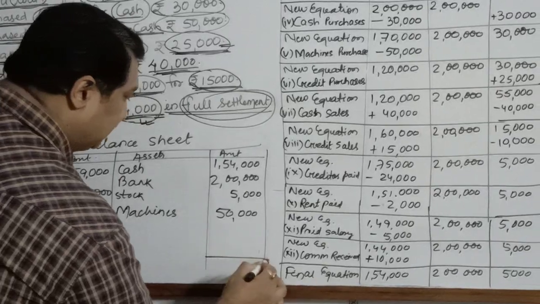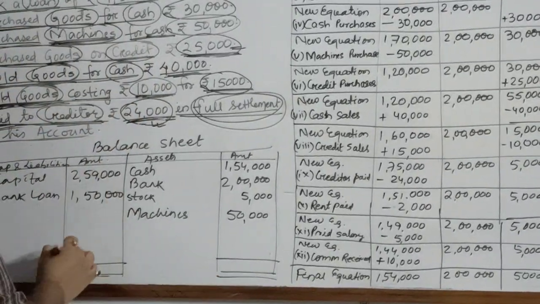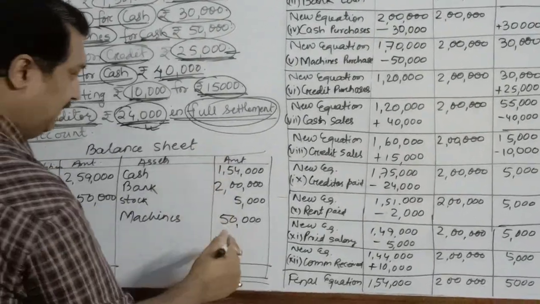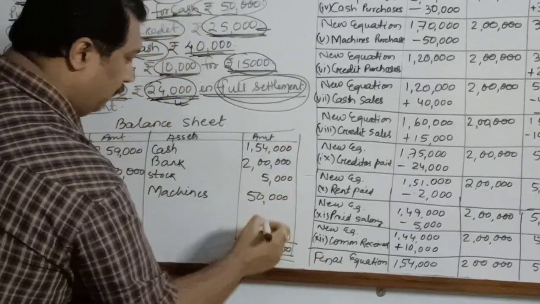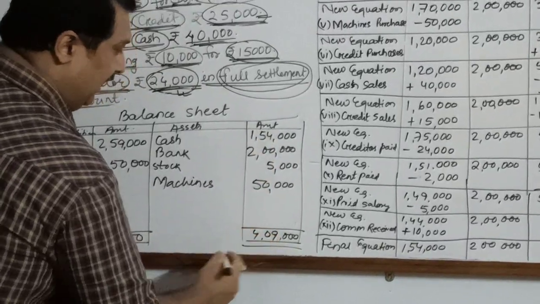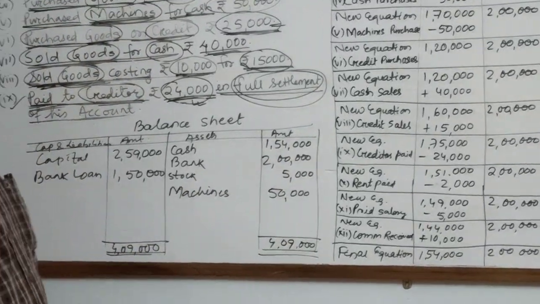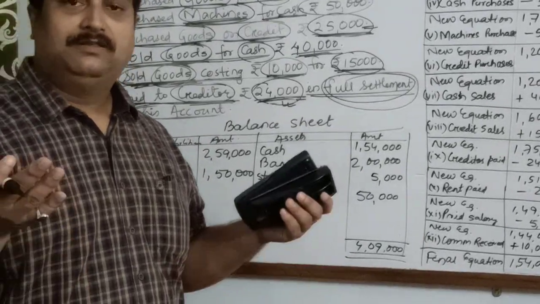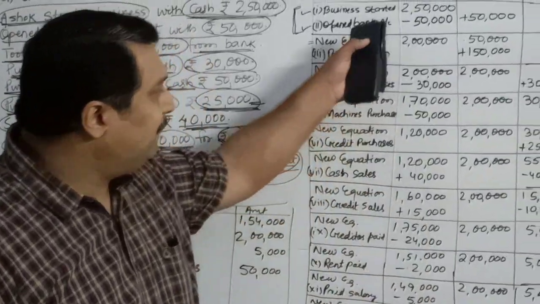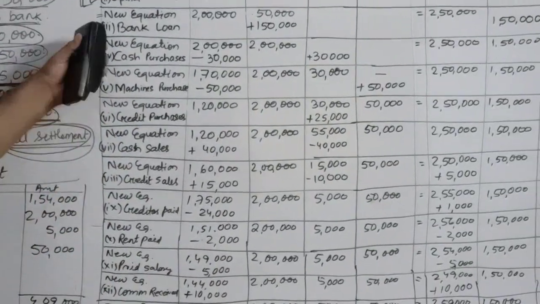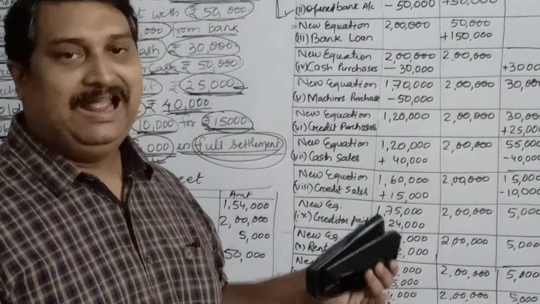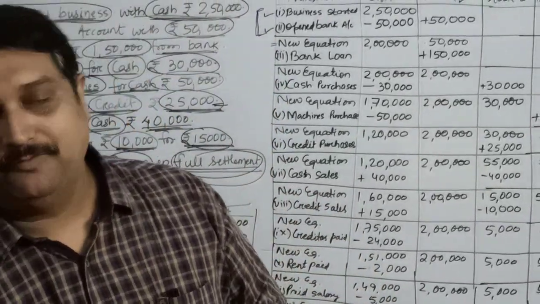Now if you add both the sides, it must be equal. So add over here, it is 4,09,000. And if you add this side, it is 0, 0, 0, 4, 5, 9, 5, 5, 10, carry 1, 2, 1, 3, 1, 4, 4,09,000. So both the sides of the balance sheet are equal, and this is the proof that the accounting equation is always true. At whichever point you prepare the balance sheet, after whichever transaction, both the sides of your balance sheet will always be equal. And this is how, children, we solve the sums of accounting equation.